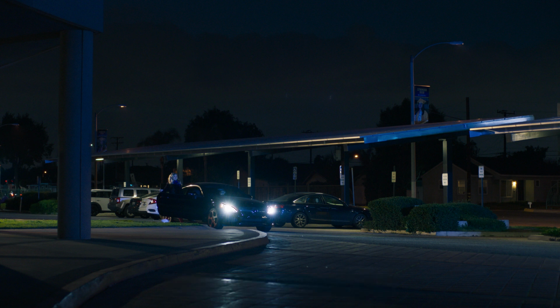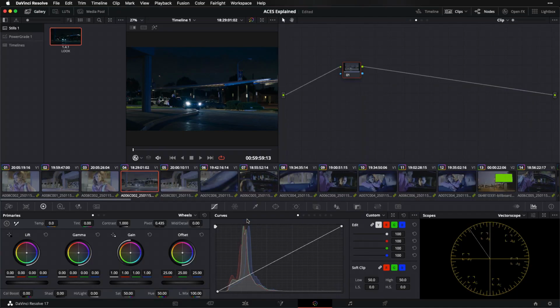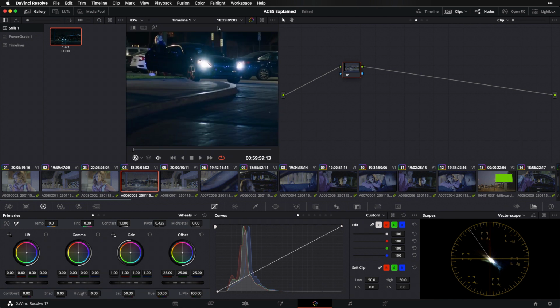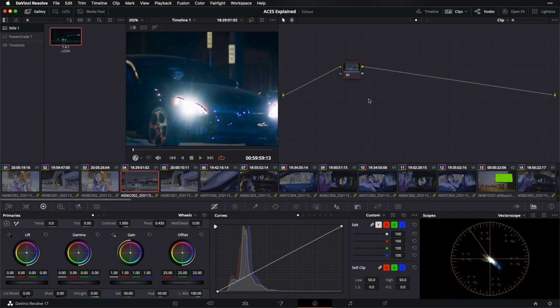This is something that you're going to intermittently encounter when you're working in ACES, particularly when you have a source with a very large color gamut like this Arri Alexa material. What's happening here is we are mapping from Arri wide color gamut into ACES CCT. Arri wide color gamut is a very large color gamut. ACES CCT is a slightly smaller color gamut, and we have color that is high enough in saturation and high enough in luminance that the ACES CCT container can't hold it. And so we get this kind of fringing clipping going on here.